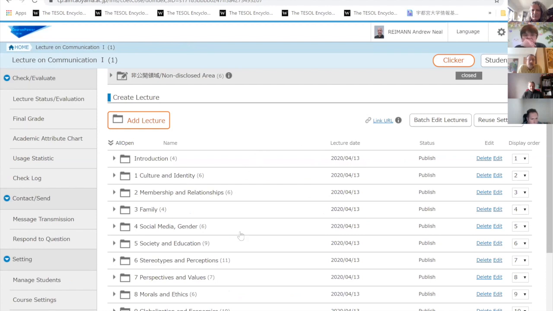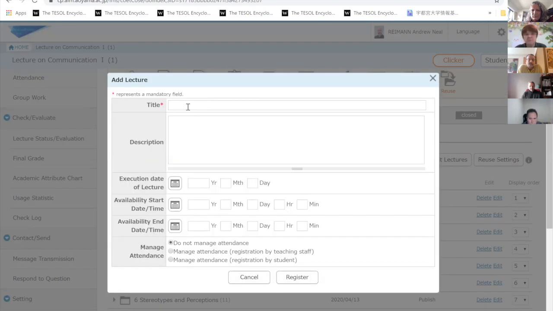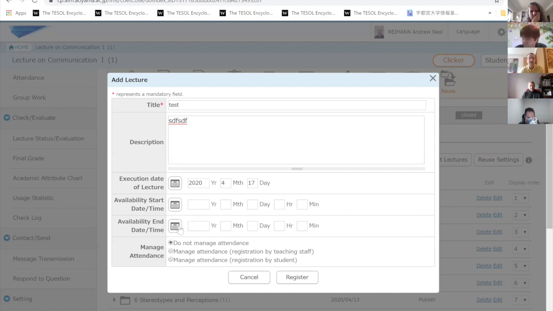So the first thing you have to do before you have all this kind of scene here is click this button that says Add Lecture. Okay, so I'll do that now. So click Add Lecture, and then you type the title of your class. So I'll call it Test. And you write any description you like, and then you can decide when this material or this class is scheduled for. So I'll just click it for today,